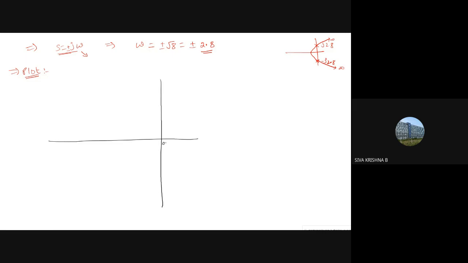So this is 0 only. So we'll mention the values also in the graph, like how we mention them in a graph. 1, these are positive axis, right? This is positive real axis, 1 2 3 4 like this and so on. So here also this is positive or negative? -1,